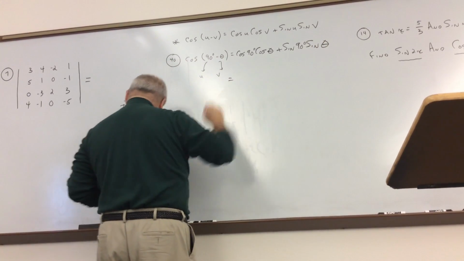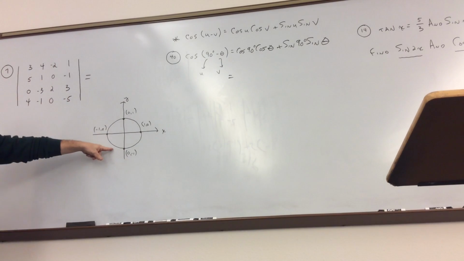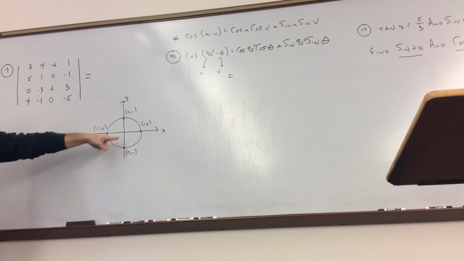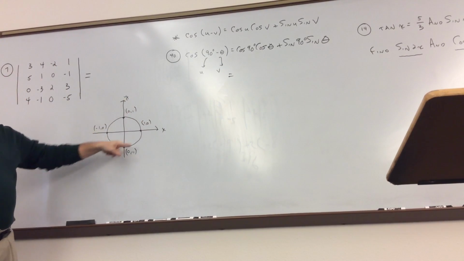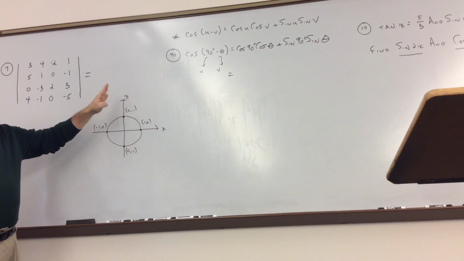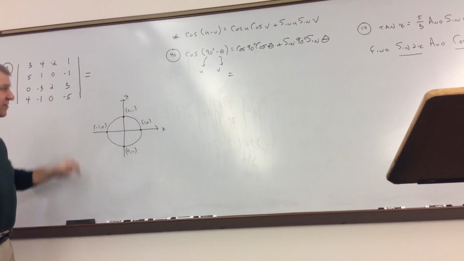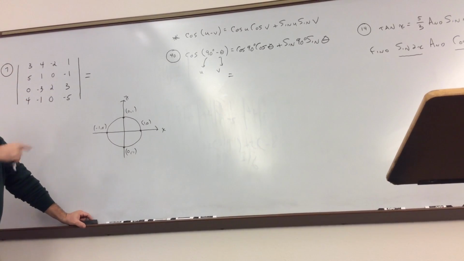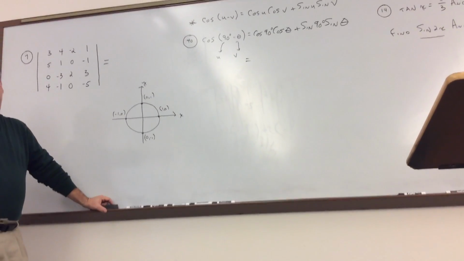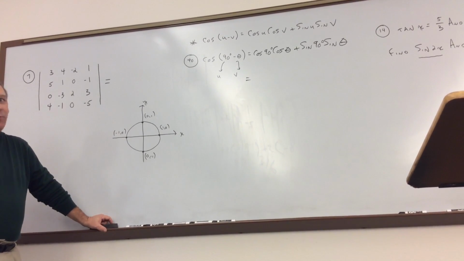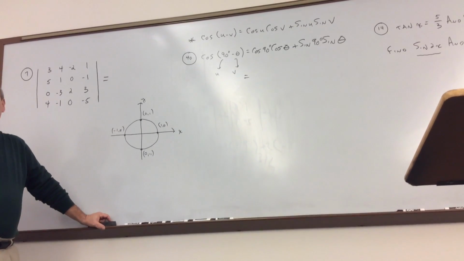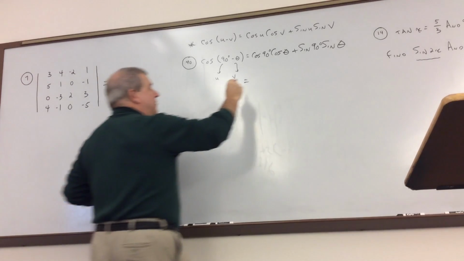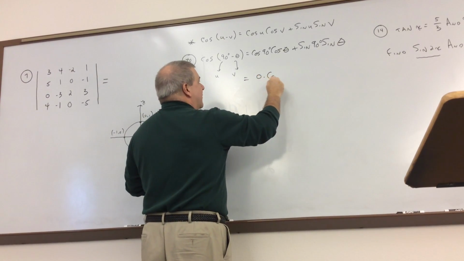Do you remember what all this was? And I just wrote this up here again. 0, 90, 180, 270, 360. We've been through it a million times. The zeros, the ones, the negative ones, and all that. What's the cosine of 90? Now, if you did the homework assignment, it's right there in your notebook. It's cosine of 90 degrees. Adam? 0. So this is 0 times the cosine of theta